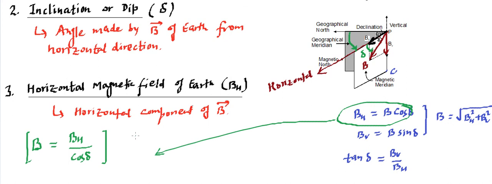You need to keep that in mind. Numerical questions will be very simple, like they will give you del and BH, and you can be asked about B or BV or whatsoever. But this is going to be useful in the next upcoming video, in which we will be learning about magnetic instruments. Just like we had a couple of electrical instruments, there are magnetic instruments as well. In those instruments, the Earth's magnetic field is going to play a very important role.